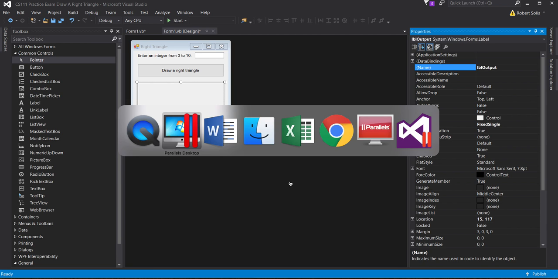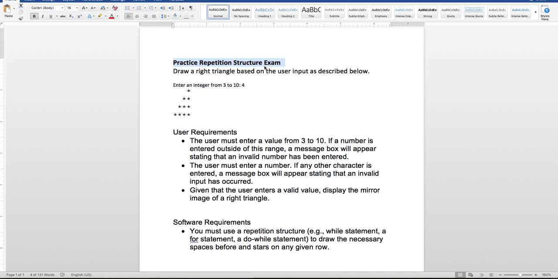So what we're trying to do is work on this practice exam where you're going to create a mirror image of a right triangle using a repetition structure. The input would look something like this. We'll ask the user to enter a number from 3 to 10. When they enter that number, we're going to draw a triangle, as you can see here, that's an inverted or